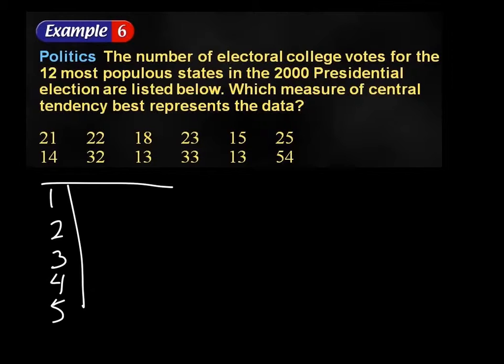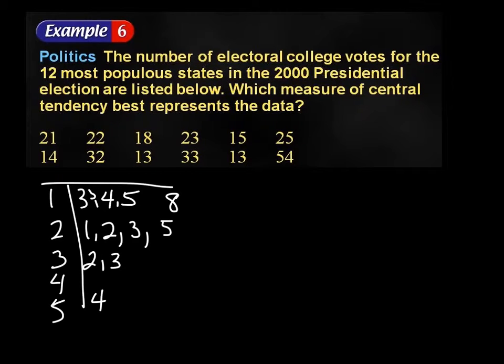And then the leaves, okay, so 21, 22, 18, I'm going to put that out here because I know I have some before it, 23, 15, 25, 14, 32, 33, oops, I skipped 13, and I skipped another 13, and 54. Okay, so I was kind of modeling for you how you could make a stem and leaf plot